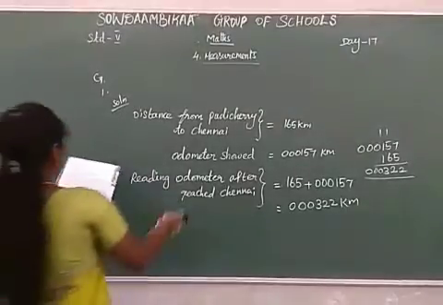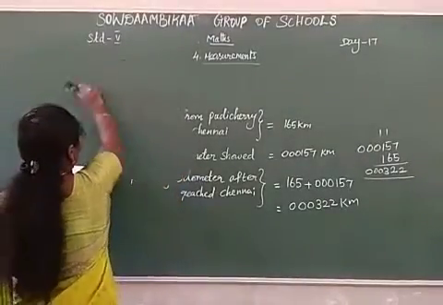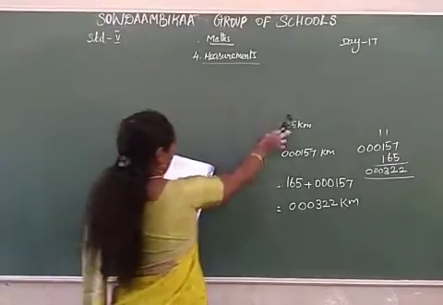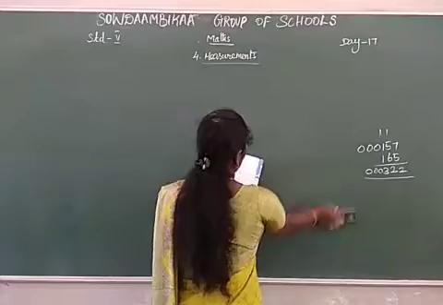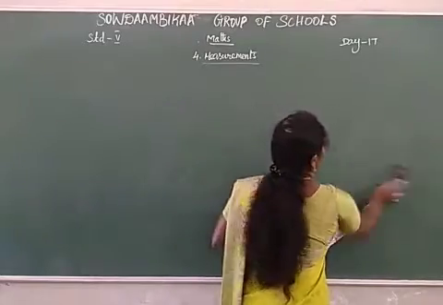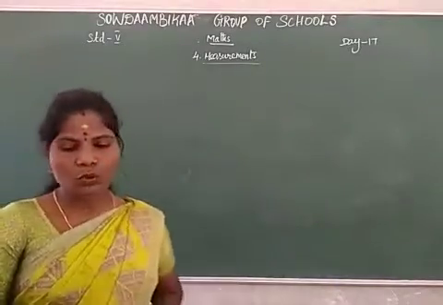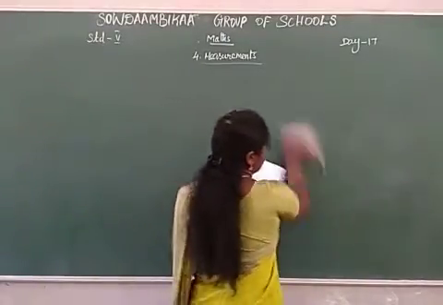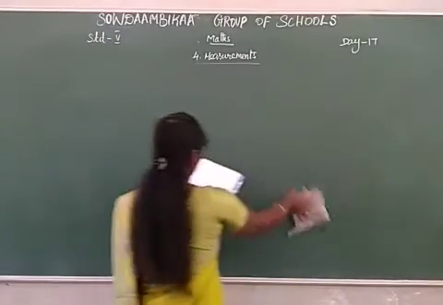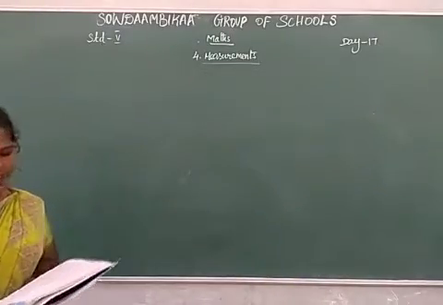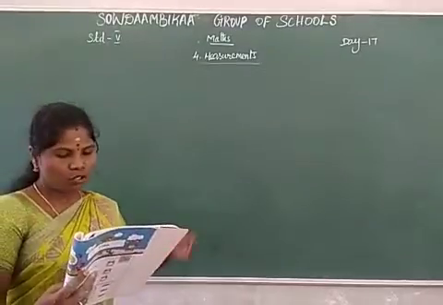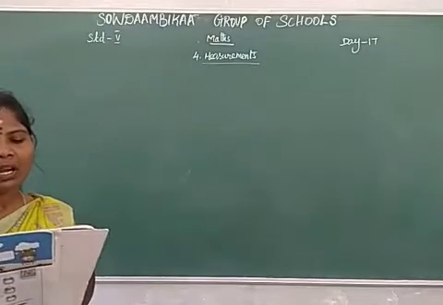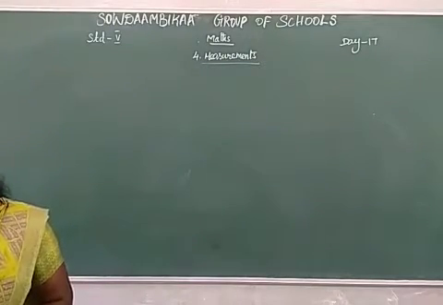See the second question. Karthik Raja decided to travel from A. He moves 1 kilometer east to reach B. Then he goes 2 kilometers towards north and reaches C. Then he goes 1 kilometer towards west and reaches B. If he goes 2 kilometers towards south, where would he reach? Okay, draw a diagram and justify it. Also find out the total distance he traveled.